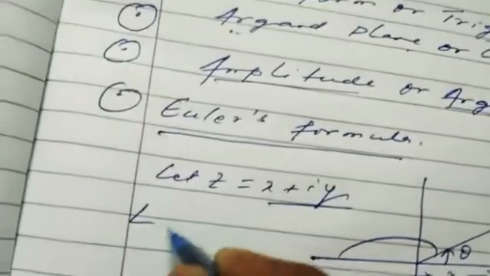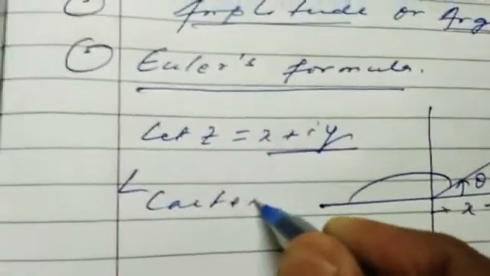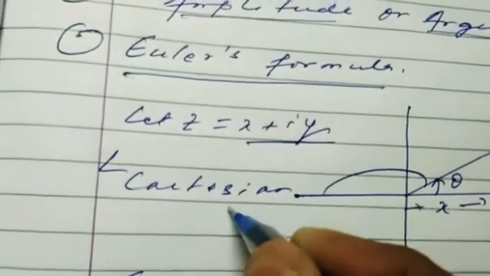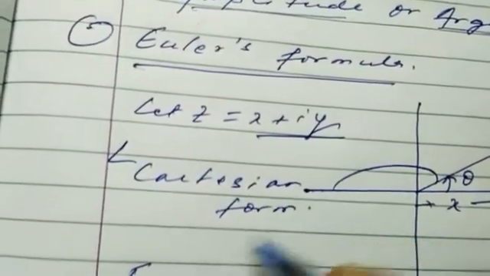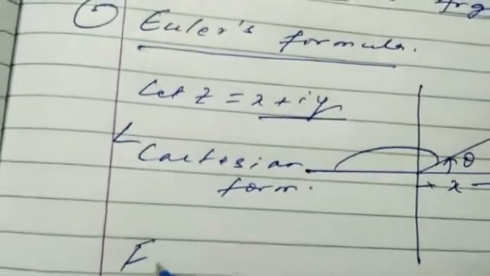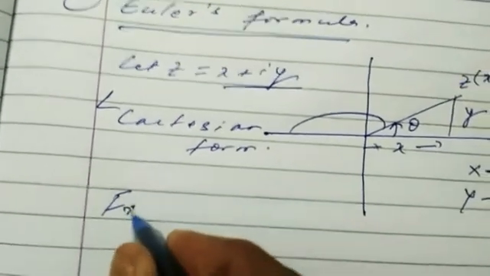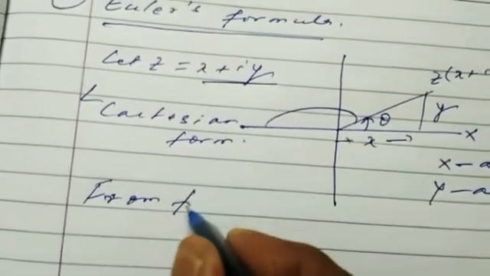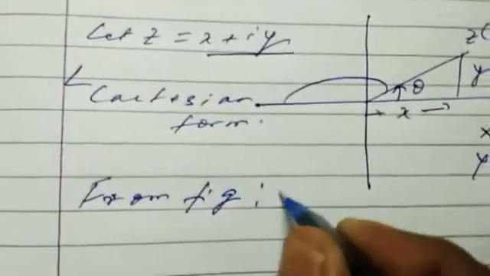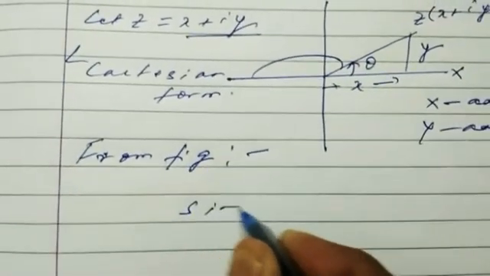So here, first of all, we have taken z is equal to x plus iy. Basically, this is the Cartesian form. Today, we want to locate it in terms of trigonometry. From the figure, we can define sine theta. What will it be? Perpendicular upon